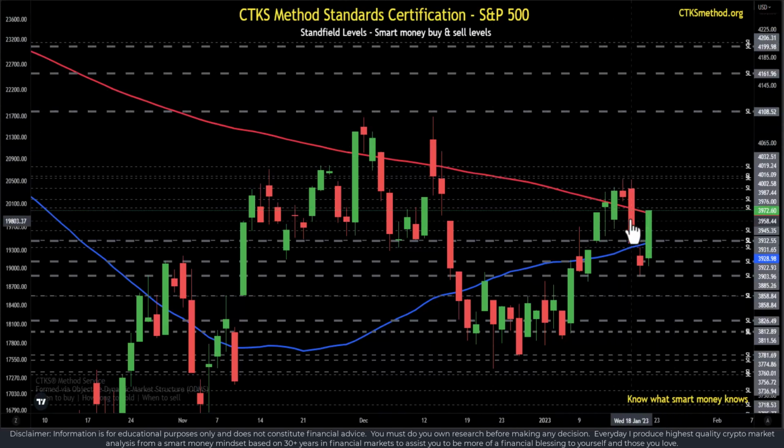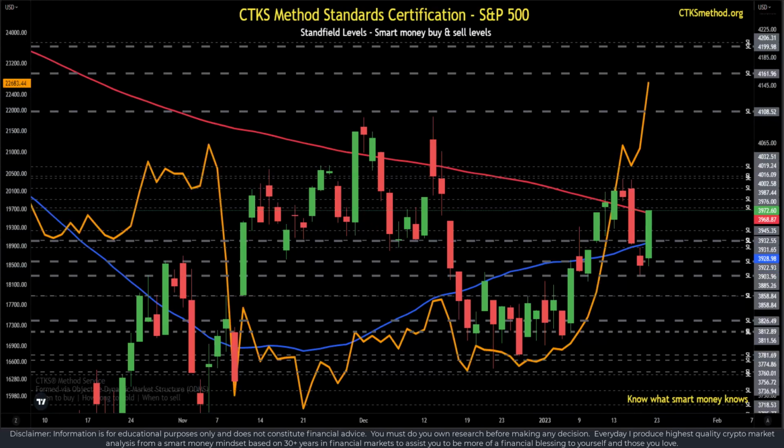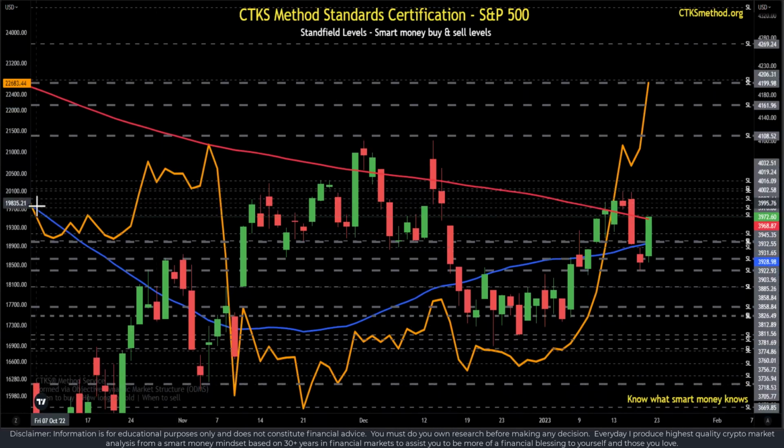So we can actually tell what the internal market structure is through these SLs, these smart money buy levels if they're below price, and smart money sell levels if they're above price. And SL is a Stanfield level. Bitcoin is seen as a risk-on asset, and it's quite risky as well. When we look at Bitcoin's momentum versus the S&P 500, we can see that there's a basic correlation. It doesn't always hold true because we can get things like the FTX sell-off, which distorts price momentum. Then it takes a little bit of time to get back into sync with the market.